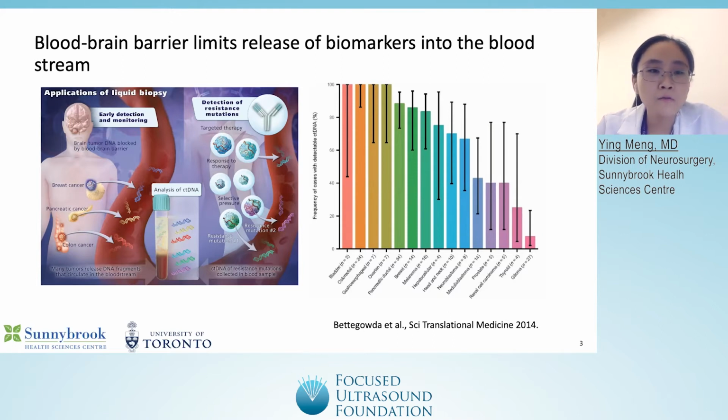One of the challenges of a liquid biopsy is that an abundance of other biomarkers, including proteins and DNA, are already in circulation in the bloodstream, and to detect smaller levels of tumor-related ones is very difficult. Obviously, many technologies are being developed to advance this field, and significant strides have been made to circumvent these challenges. Liquid biopsy for brain tumor, however, poses an additional challenge, and it has been shown